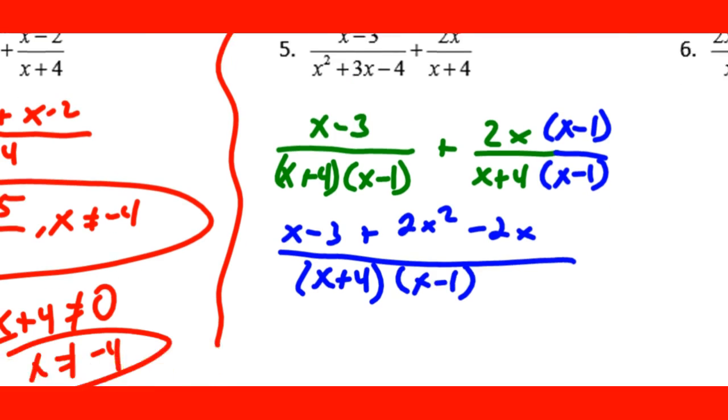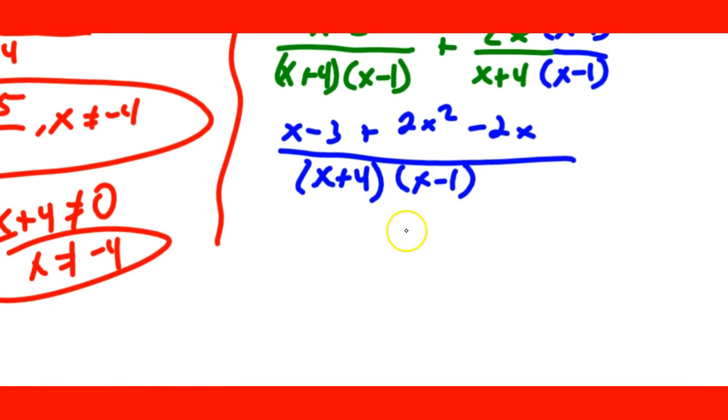Now we have to combine like terms up here. So we have 2x squared. Right here we have x minus 2x, so that's going to be a negative x. And then you have negative 3, all over x plus 4,